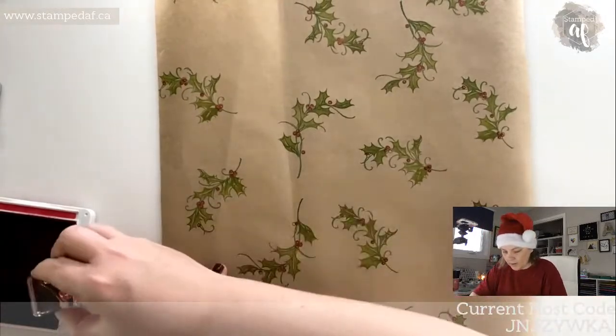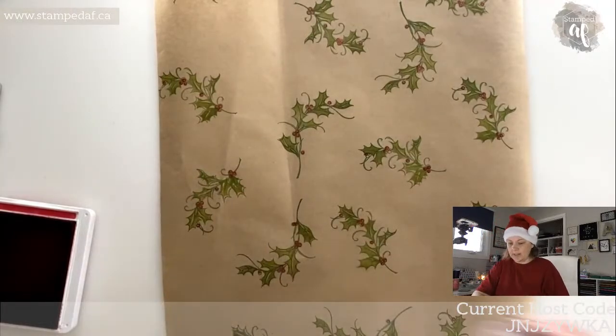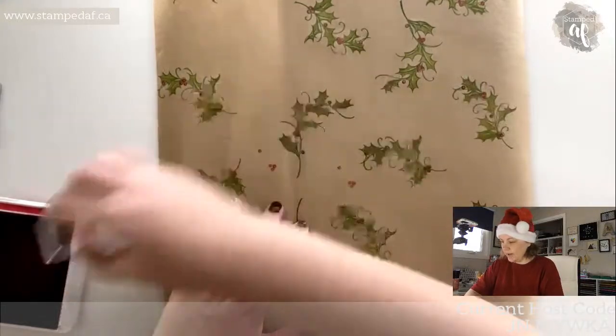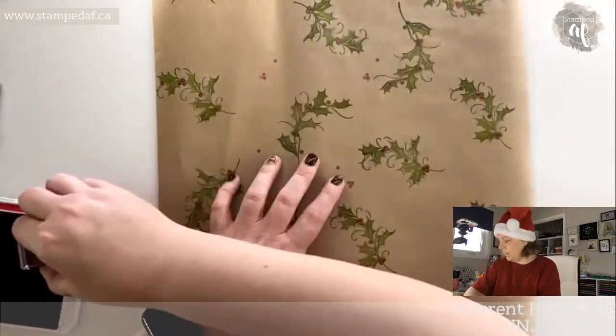Whoops, that one totally went off. If you have one berry, just kind of go back in. So the next thing I did was I just stamped some random berries. I know it's weird that there's always 3 plus 1, but